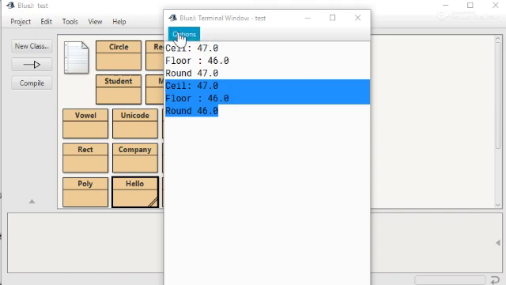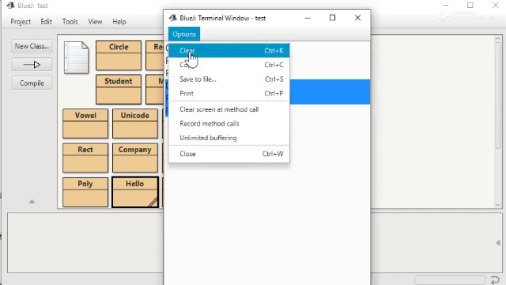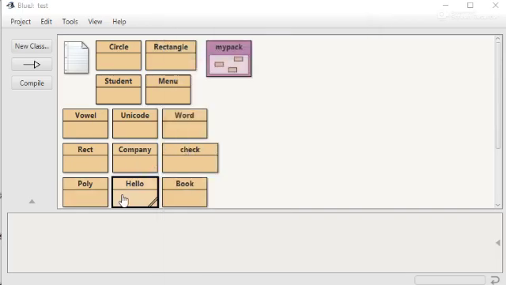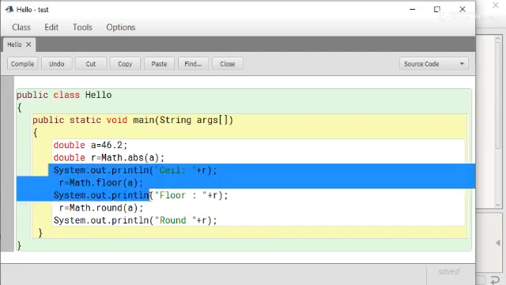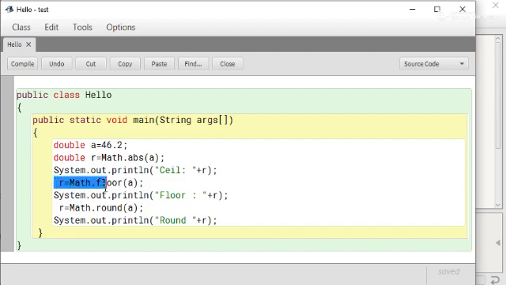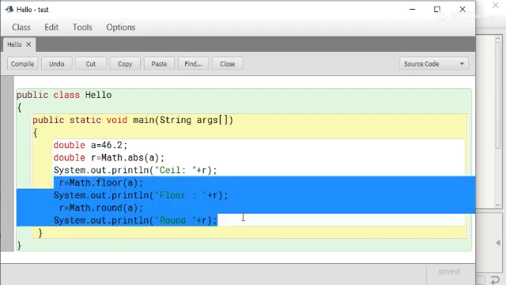Now we see the use of ABS and min max functions. First clear the output, open your program, and to use the ABS method you can just apply ABS and remove the rest of the lines from here, delete.